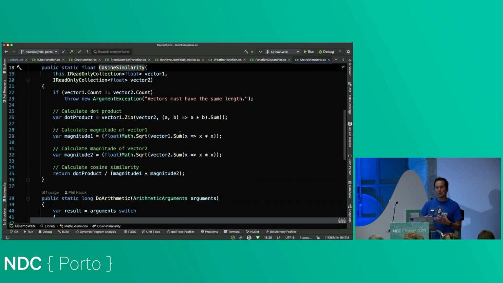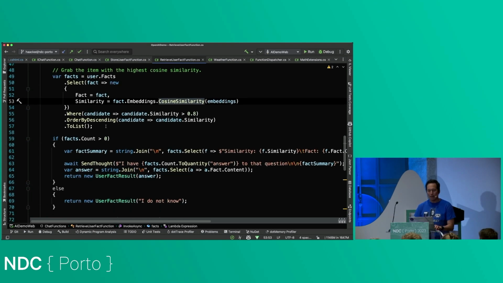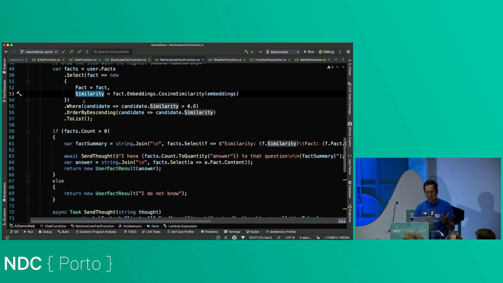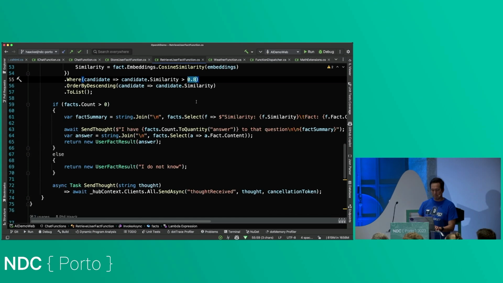I don't know if you remember way back in math, dot product and all that stuff. It's like, when I was in math, it's like, when am I going to use this? Well, if you do natural language processing, you're going to use it. Or you're going to copy someone else's code who knows what they're doing, which is what I did. So we calculate the cosine embeddings, which gives you a similarity score. And then I'm going to only return responses that have a score of 0.8 or higher. And that's really a judgment call on your part. You experiment, you see what works, and then I'm going to respond back. So let's see this all in action.